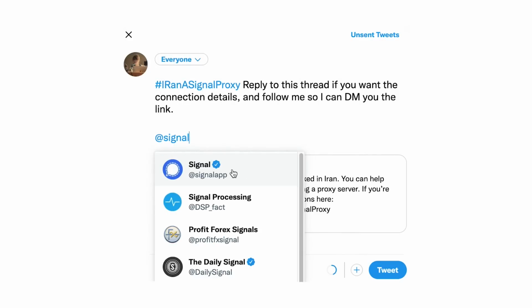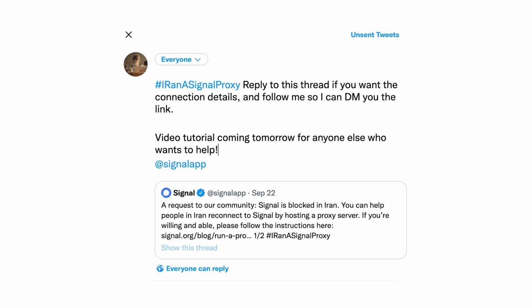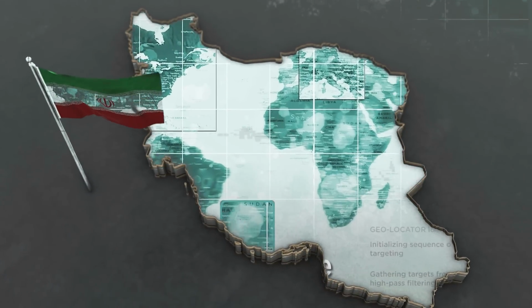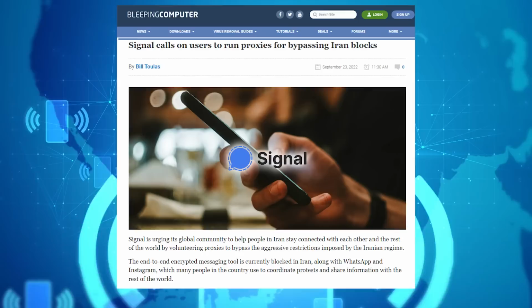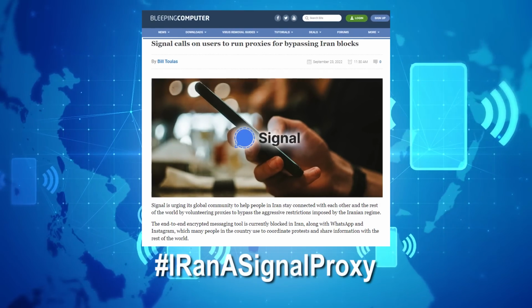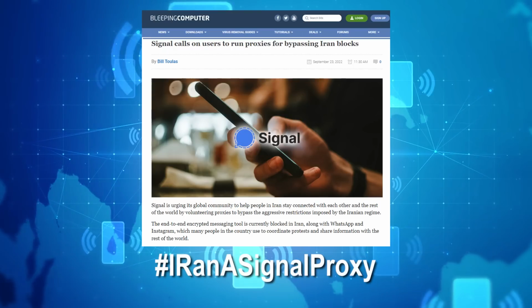Now it's time to spread the word about your proxy server and share your address with those who need it. Here's an important note. When you publicly post a signal.tube link, or if a particular server becomes too popular, it increases the chance that Iranian censors will add your server IP to their block list. So Signal is encouraging everyone to use the hashtag #IranASignalProxy so that people can reach out to you if they want to connect,